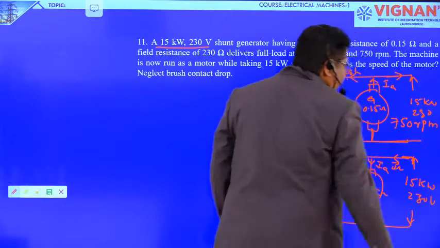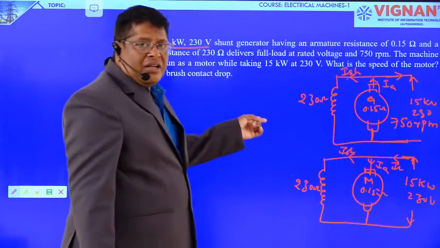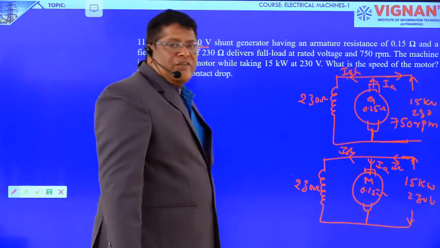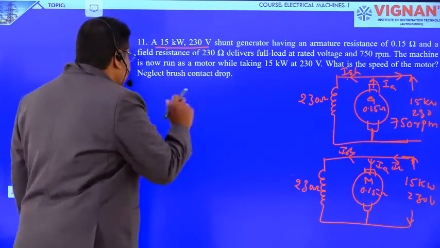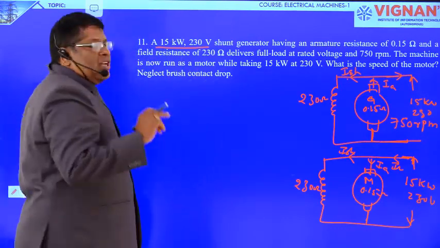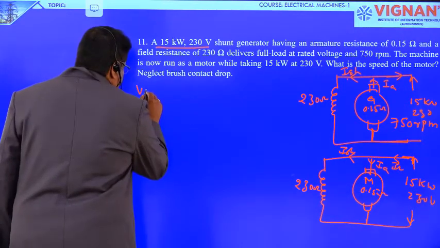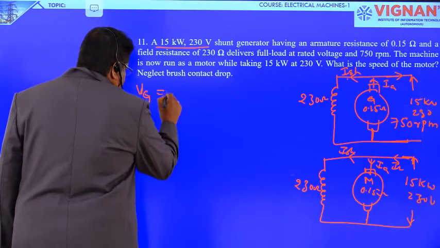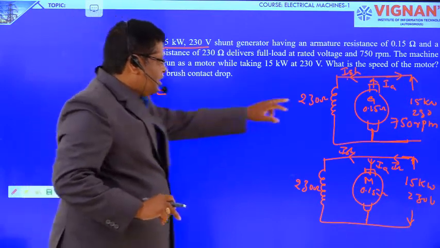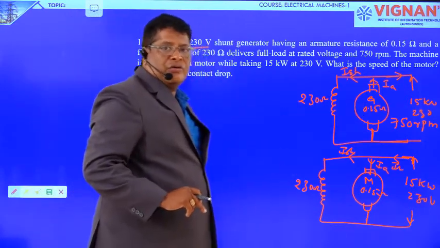As a generator, the armature will be running at 750 rpm. So as a generator, first you have to calculate the generated voltage. Now the generated voltage Vg equal to, as a generator, see here the generated voltage Vg equal to,